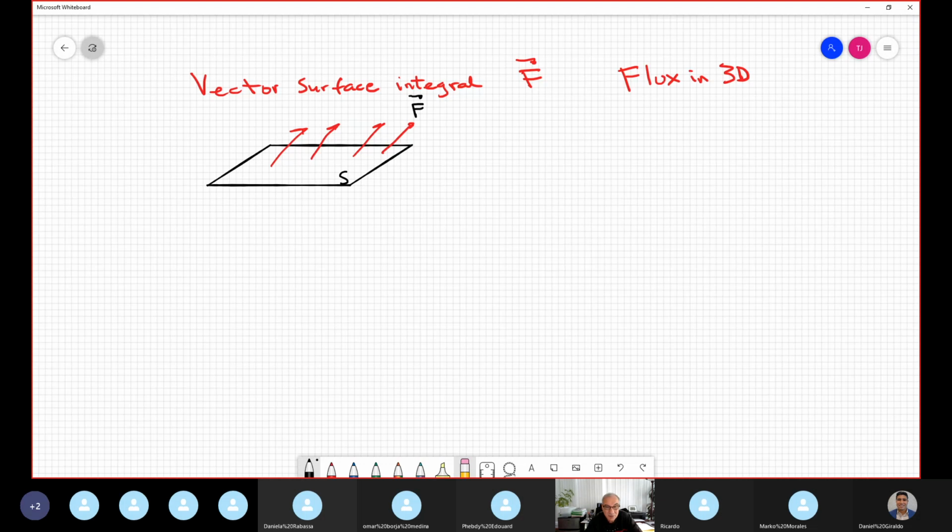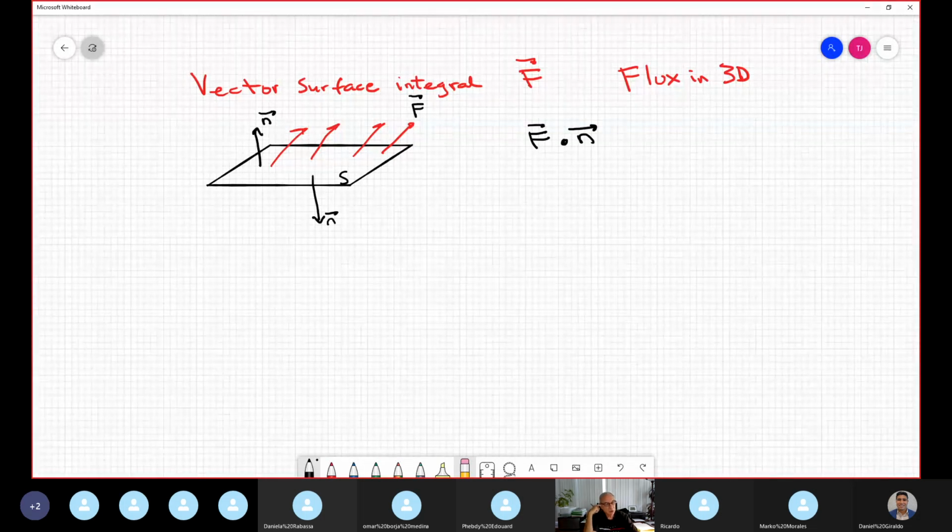So what is the quantity? What is the formula to compute? Easy. The formula is you compute the dot product using the normal vector. Okay, normal vector. What is the normal vector? Well, the normal vector is a normal vector here. Why not? A normal vector in the opposite direction, no? Sometimes